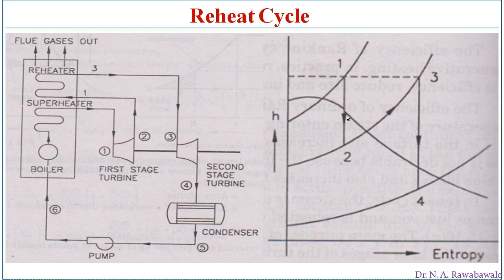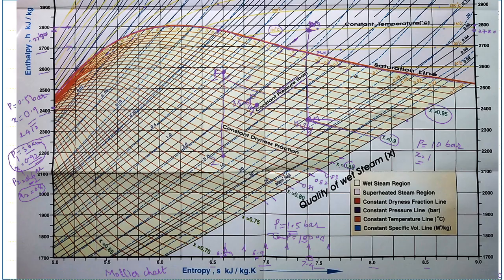So the efficiency of Rankine cycle can be increased by increasing pressure and temperature. If we increase the pressure of steam and temperature of steam, then the efficiency of the turbine can be increased. As the initial pressure increases, the expansion ratio also increases. So the higher the initial pressure, the expansion ratio will also increase, and the steam becomes quite wet at the end of expansion.